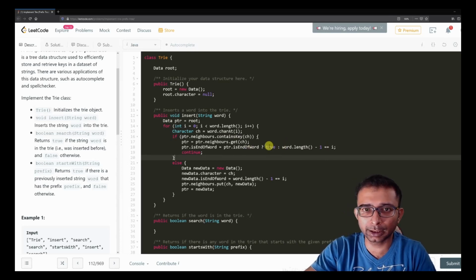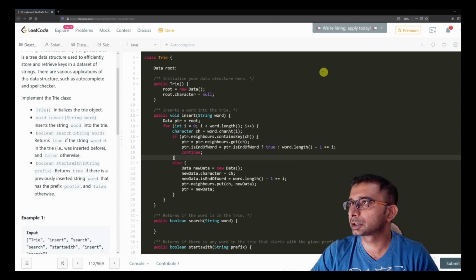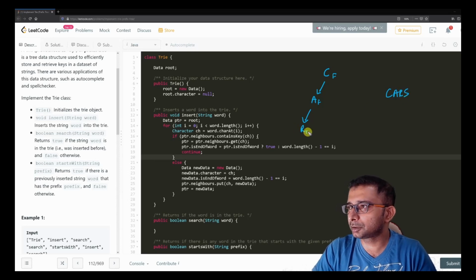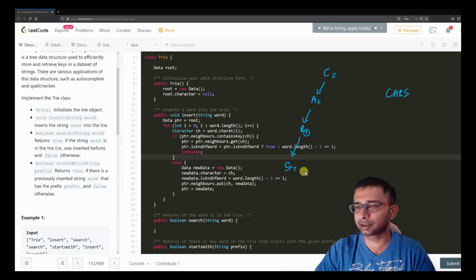And if it is already true, I am not going to touch it. So think of this scenario: the word car is already there, right? So what has happened is this is true, this is false, and this is false. So now you are inserting cars. I should not be changing it, right? I should just be putting an S over here and saying that, okay, there is a word ending here as well. So we are doing that check over here.